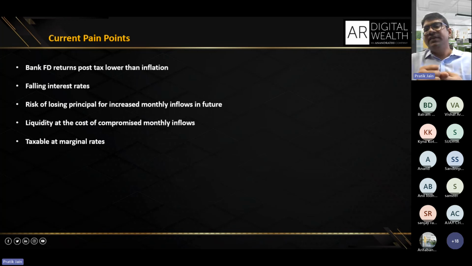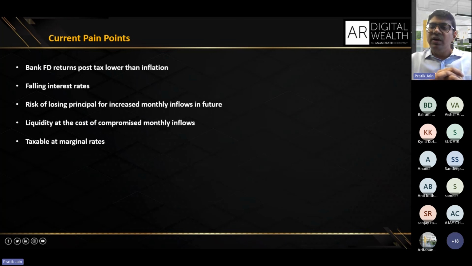And it is tax inefficient as well. If I have to pay 30% tax on 7 lakhs of interest, my net income is only 5 lakhs. I'm paying effectively 2 lakhs in tax. Now, with 2 lakhs going to tax, my 5 lakhs post-tax income is further